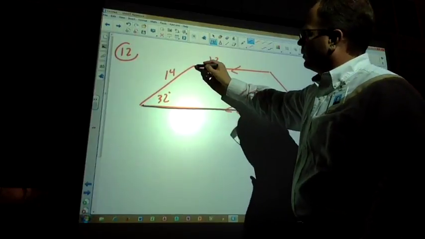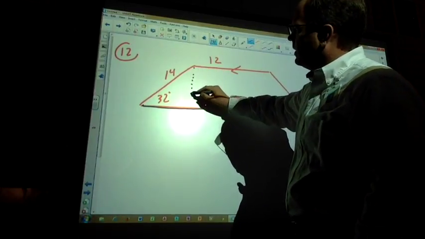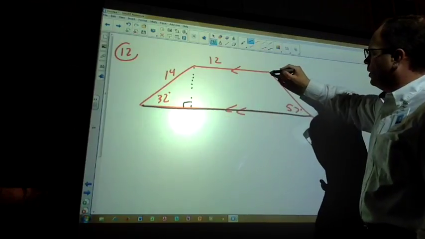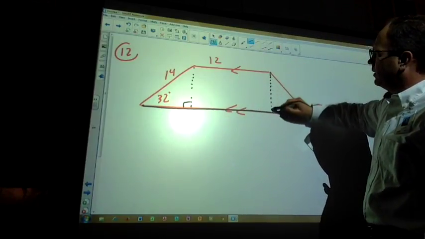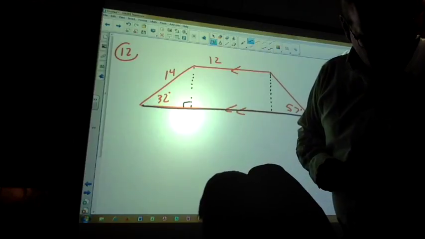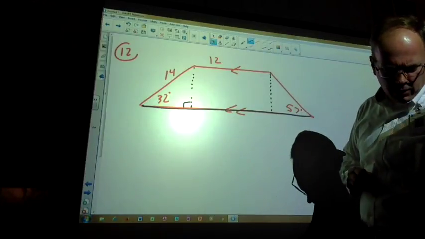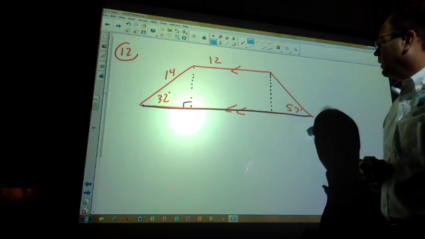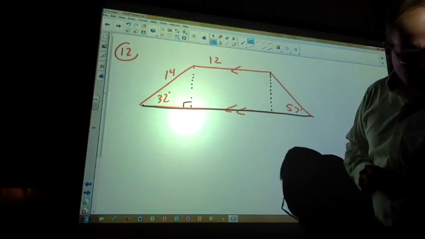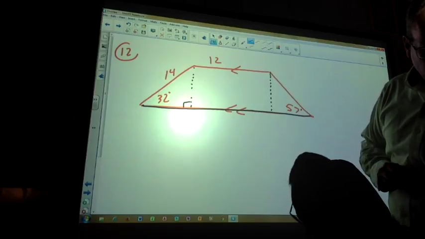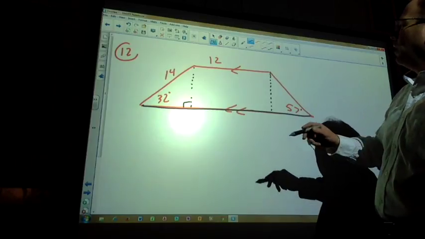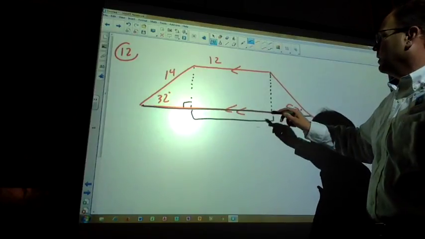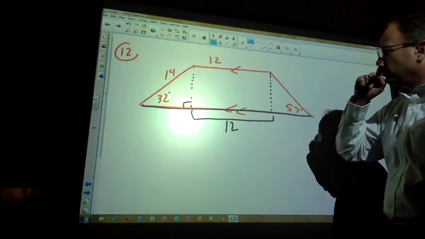So I think a few things to realize is I can drop down an altitude, so that creates a right triangle. And I will drop an altitude down there as well. I feel like I'm missing a part though. All right, I have everything labeled correctly, right? So the nice thing is I know that this distance right here is 12